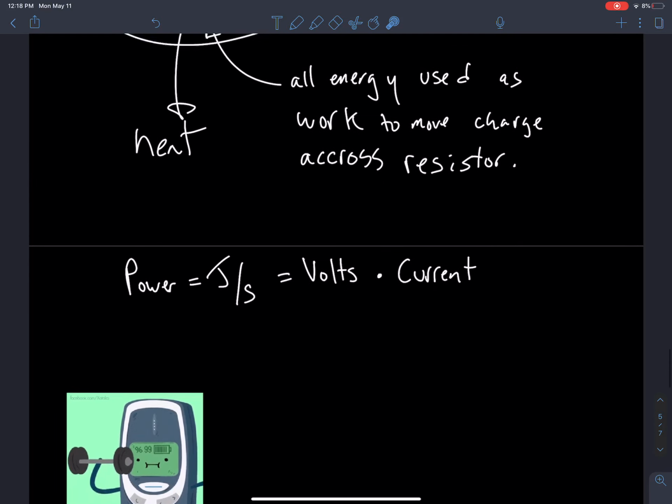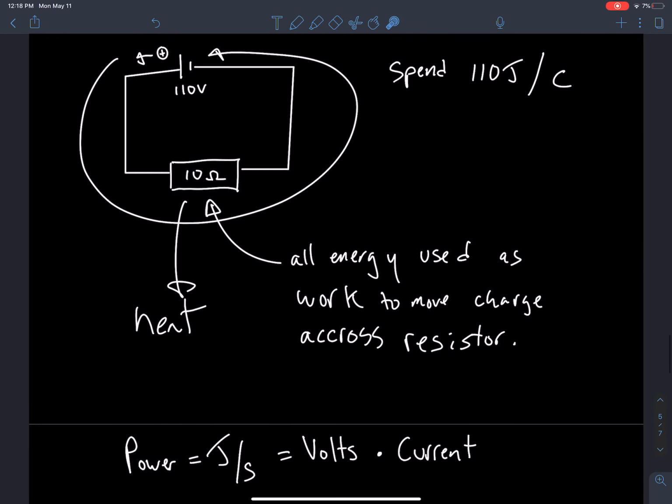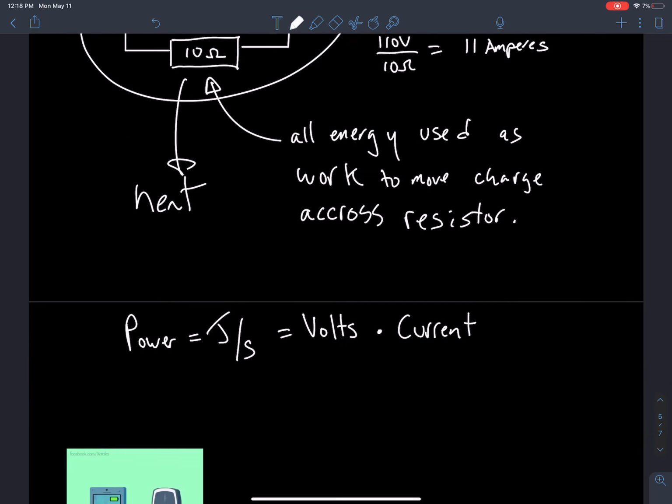All right, and if I go back to this electrical heater, how would I be able to calculate the current? I have the voltage, so V equals IR. So I have 110 volts divided by 10 ohms, which is going to give me 11 amperes. So my current in that circuit is 11 amperes. If I want to calculate how much heat is produced in that resistor per second, I can plug that into this formula. So 110 volts times 11 amperes,